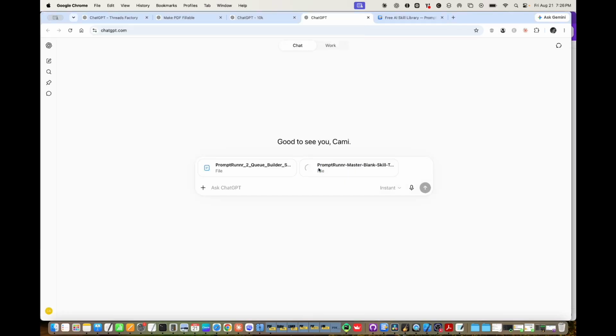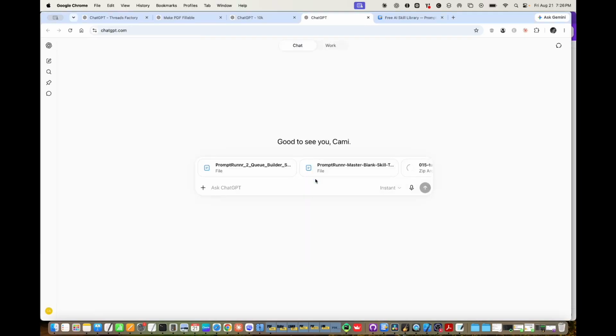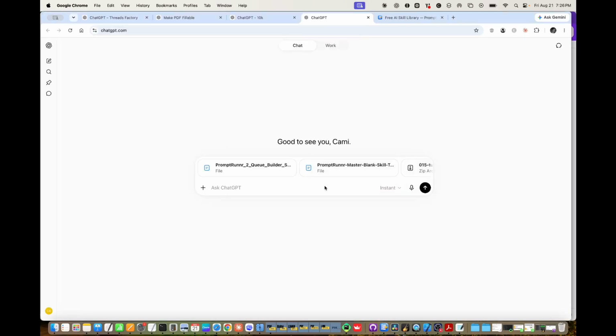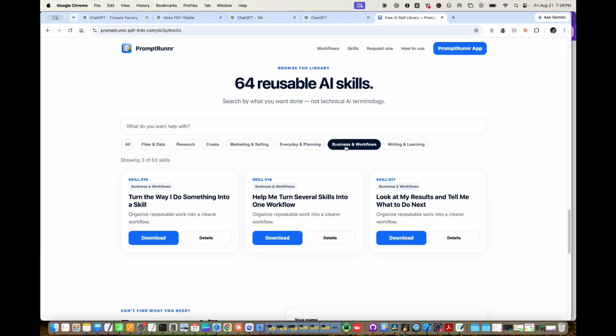I want the master skill template because I know I'm going to be making a skill workflow out of this. And then I want the turn the way I do something into a skill. And I want help me turn my skill into a workflow. Okay. And those are available free on Prompt Runner under the skills. And what I'm using is skill 15 and 16, which is turn the way I do something into a skill, and then help me turn several skills into one workflow. So